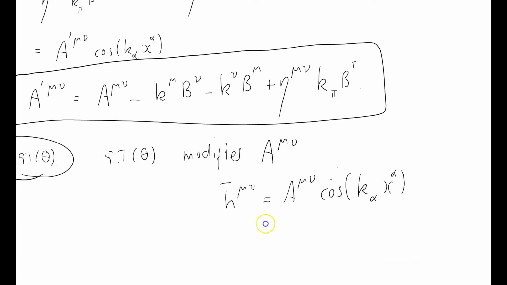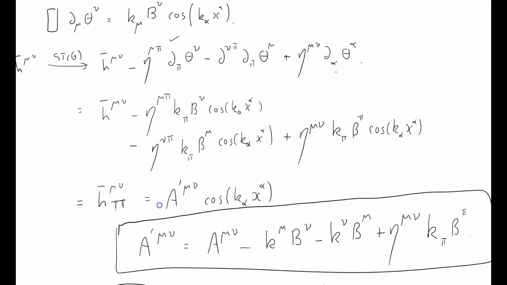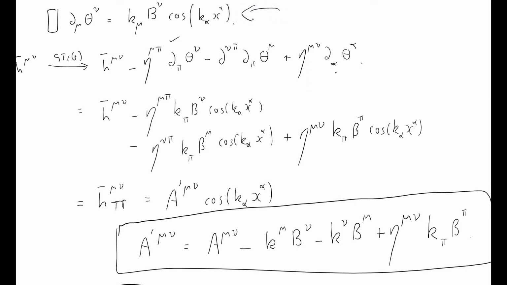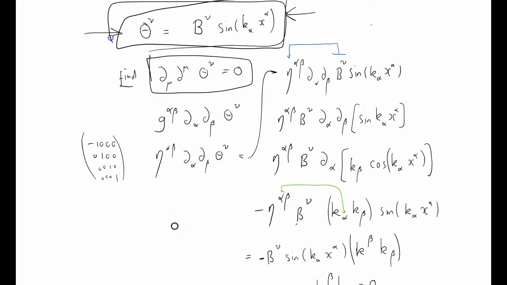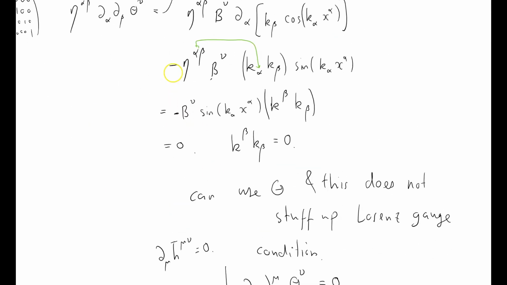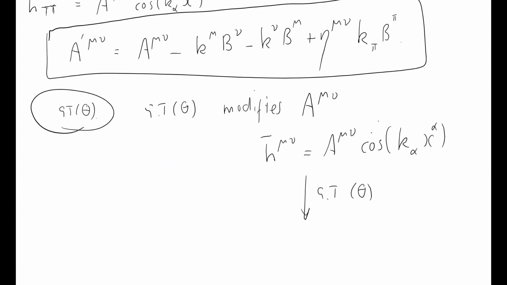And then what we had was a further gauge transformation of theta, where theta was this transformation here. It was this one here, wasn't it? So we're going to apply that further gauge transformation, and that allows us to modify A. And so that tells me that h bar mu nu in this new gauge, which is called TT for reasons I will talk about next, equals A dash mu nu cos of k alpha x alpha,